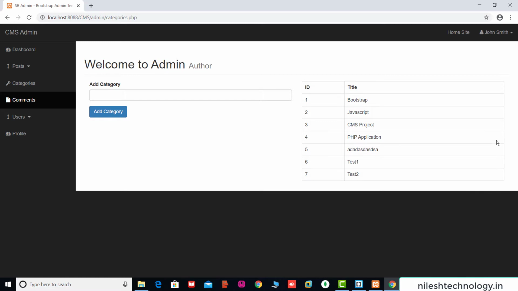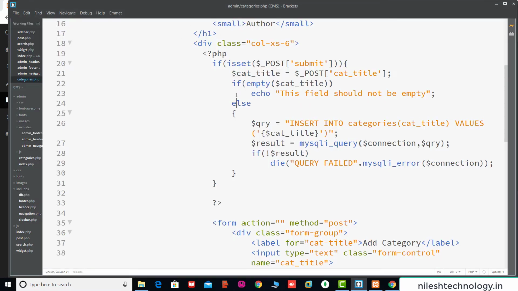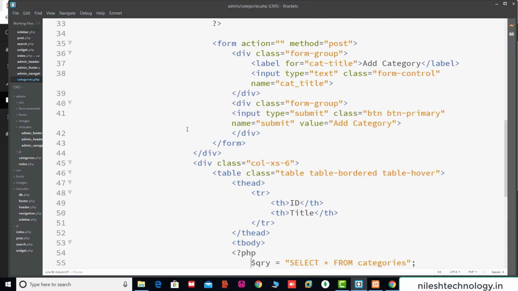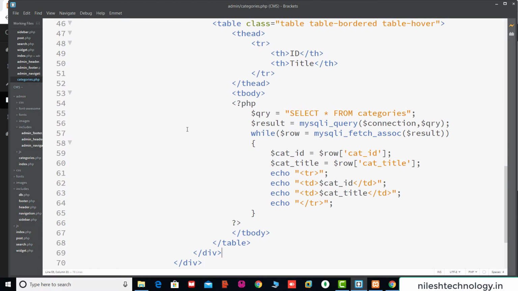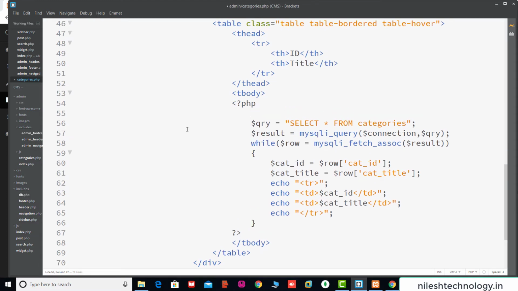By using this link we can edit and delete the data in the database table record. So again we go to the Brackets editor, to the category.php file, and here is the table data. Here we give a comment: this is find all categories.